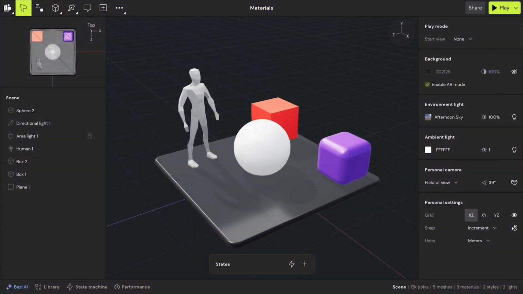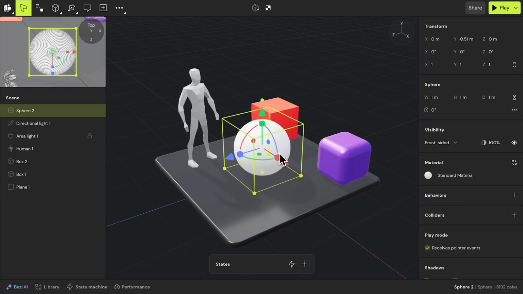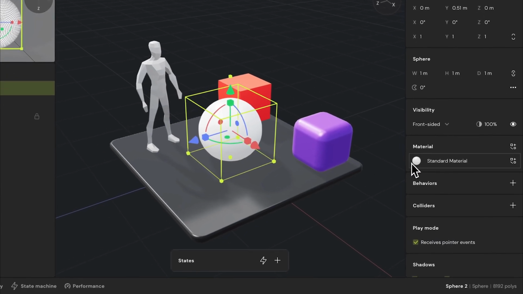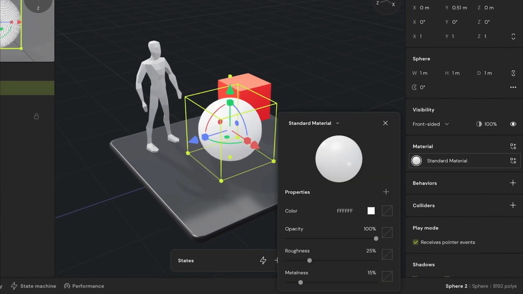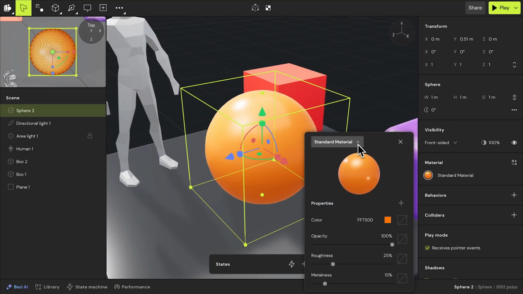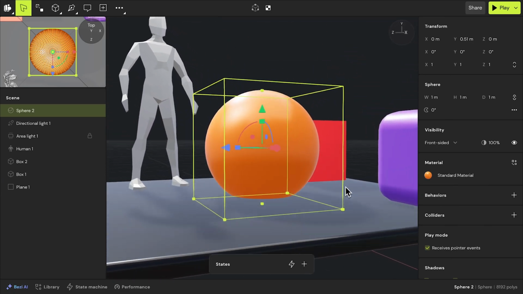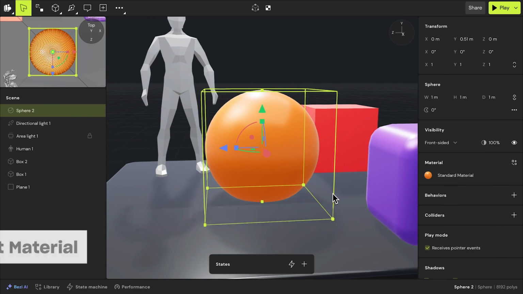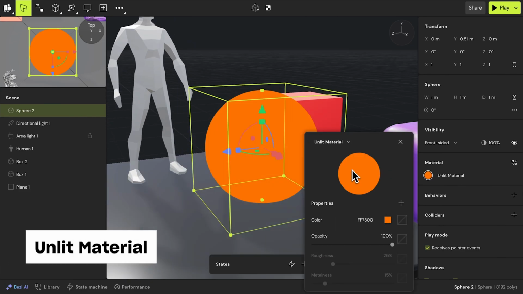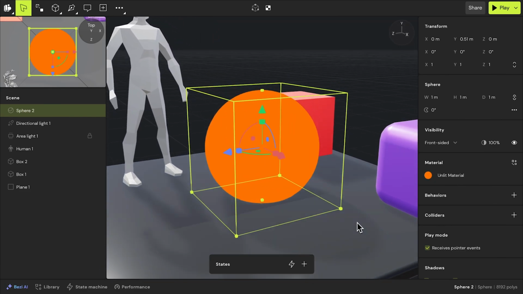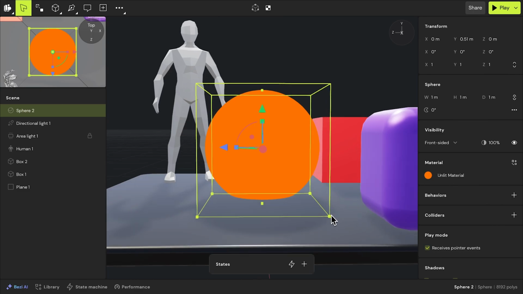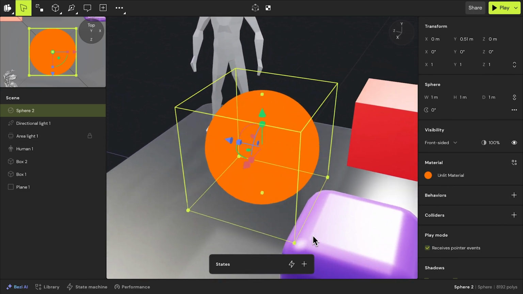To start working on materials, select any object with visible 3D faces. Once selected, you will see materials pop up in the Properties panel. These are the different types of materials in Bezi. Standard, the basic material type that is affected by object lights and environmental lighting. Unlit, these consistently display without being affected by external lighting, making them ideal for user interfaces or for stylized 3D